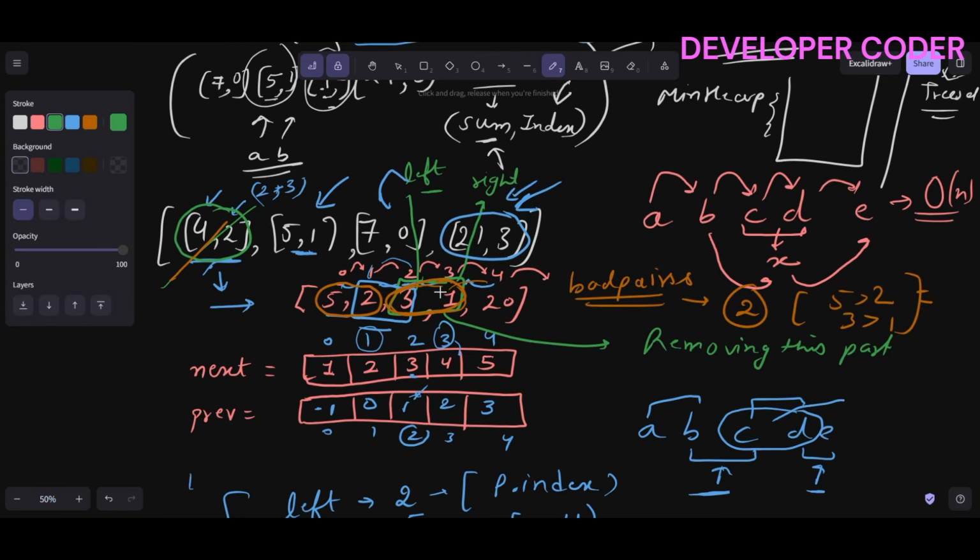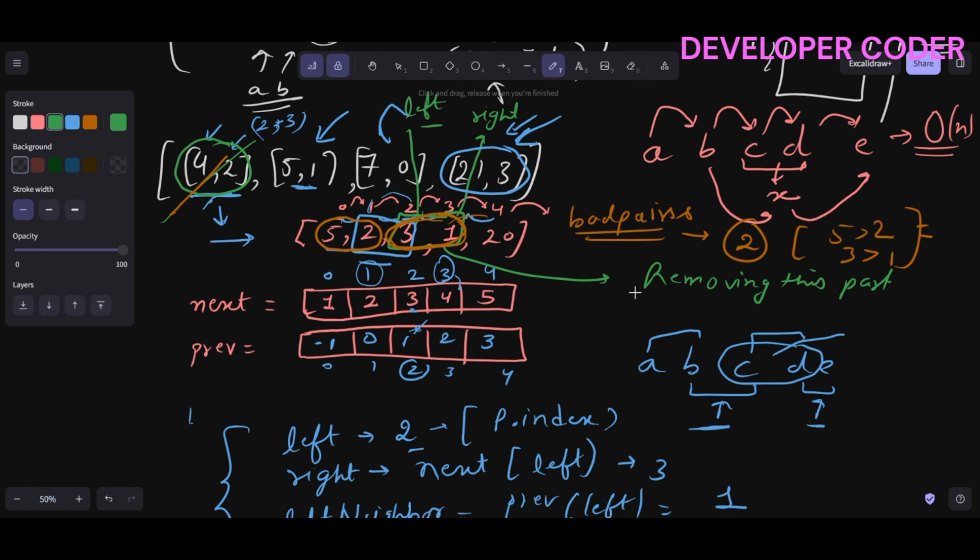So now here, what you are doing, you have to update this to 4. Let me use some other pen. You have to update this value to 4. Okay, now here definitely we have to update this next and prev now. Okay, so when you are going to remove these two,